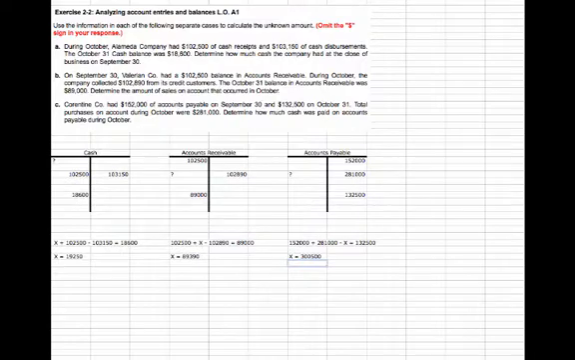So these three accounts that we're looking at here are balance sheet accounts. Cash and accounts receivable are assets. Accounts payable is a liability. Balance sheet accounts move, the ending balance in one period is going to be the beginning balance in the next